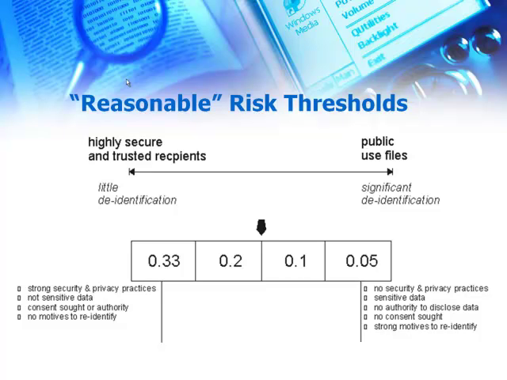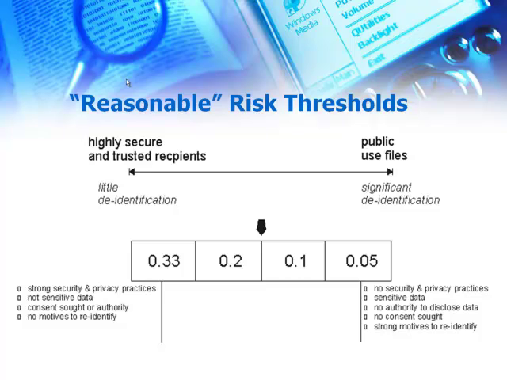And we've been involved in some public data releases as well. For example, the Heritage Health Prize, which is a large competition that was based on data from an HMO in California with a $3 million cash prize at the end for whoever builds the best model to predict hospitalization in the next year. We used the 0.05 threshold for that. Again, in the U.S. Centers for Medicare and Medicaid, they released a public claims data set. They used the 0.1 threshold, and you can go and download that data set now. So that was a public release with 0.1, which is a bit higher than what we normally use, but again, CMS has set a precedent by releasing data at that level of risk.